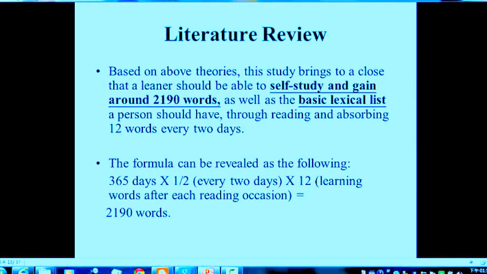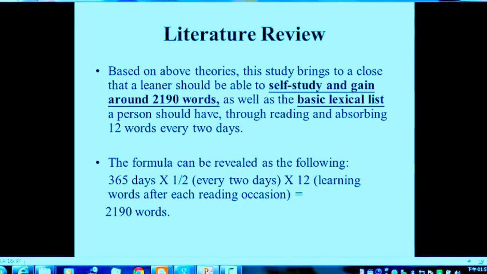Based on above theories, this study brings to a conclusion that the learner should be able to self-study and gain around 2,190 words, as well as the basic lexical list a person should have. The formula can be revealed as the following: 365 days multiplied by half and multiplied by 12 words after each reading occasion equals